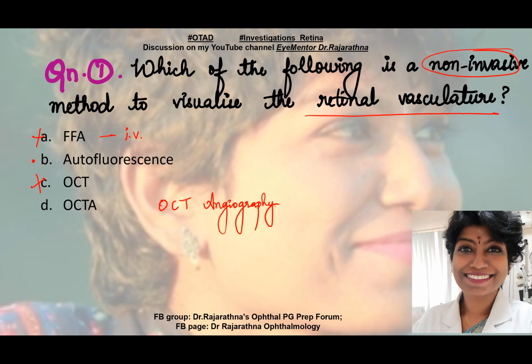So I'll explain why the answer is OCTA and not autofluorescence. Okay, so now this becomes a little tricky for you because yes, you do see the retinal vessels on autofluorescence, but we're not getting any additional information, or we're not looking for anything that's going to help in our diagnosis by looking at the vessels through autofluorescence. Okay, so always it's about the best option. So the best option here is OCTA.